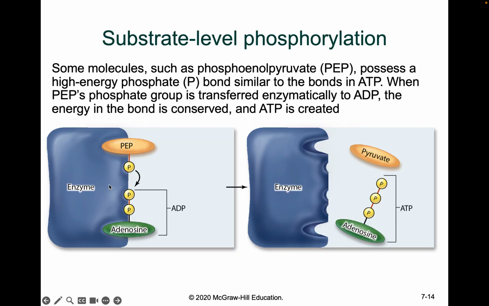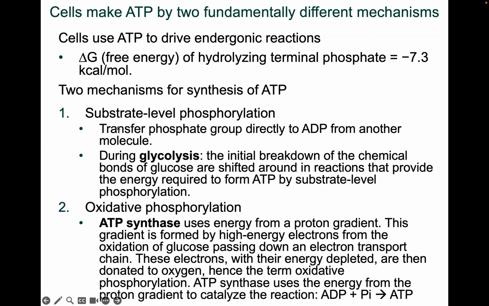So here's an example. You have this phosphoenolpyruvate, this PEP, which has this high energy phosphate. So here you have adenine diphosphate. When we break this bond, which actually comes from glucose, we break this bond and we transfer it here to the phosphate, creating ATP. So by breaking this, we've supplied the energy to be transferred here. So this is one way, which is called substrate level phosphorylation. And this happens through glycolysis, which we'll be talking about.